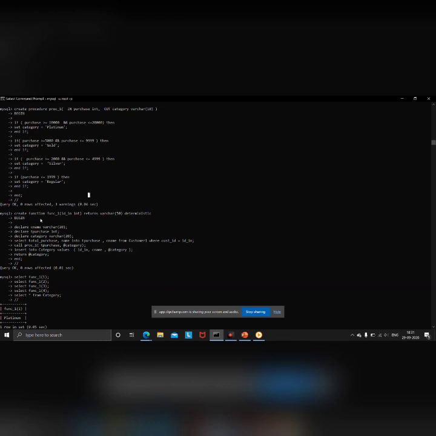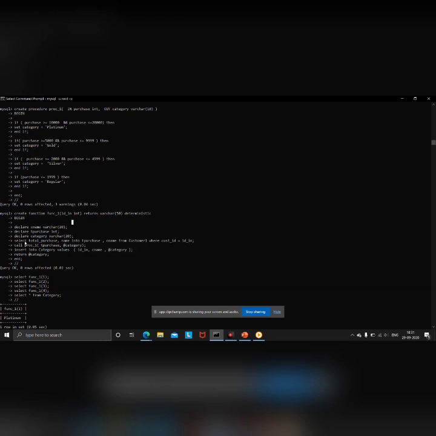So to call this procedure, I will be creating a function. In this function, I'll be passing an integer id, which will return a deterministic value, varchar. The category value will be returned. So I've declared CNAME, T purchase and category.